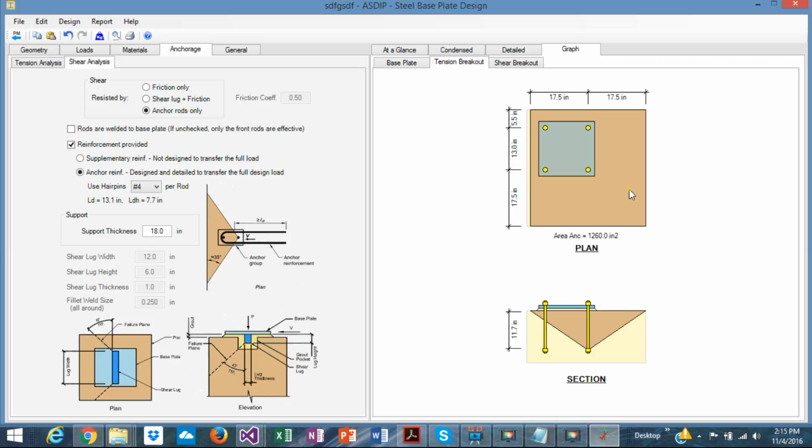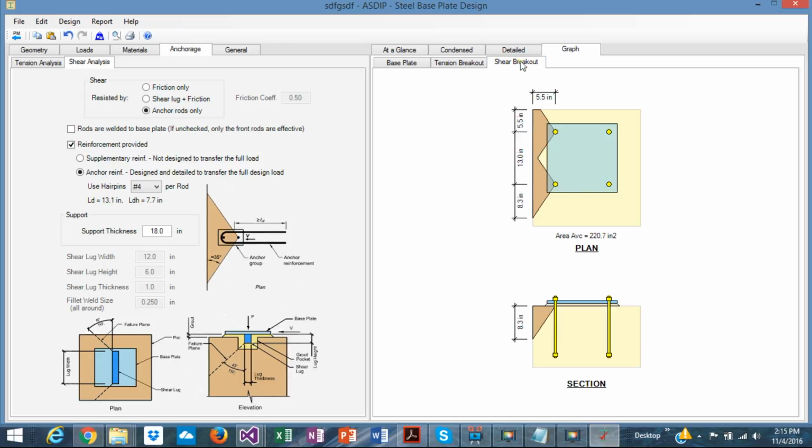Difficult to calculate, particularly if it's in a corner or in a narrow area. It's a little complicated. The program does it internally very, very well. And the shear breakout, same thing. It depends if the front rods are taking the shear, or if the four rods are. If for example here,